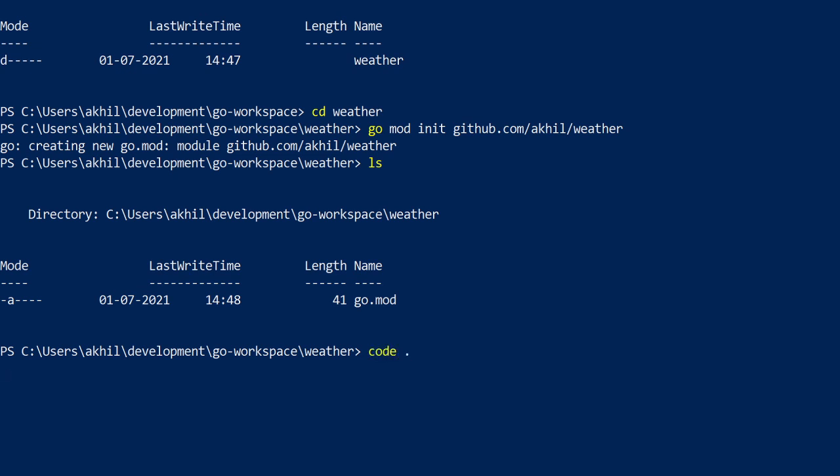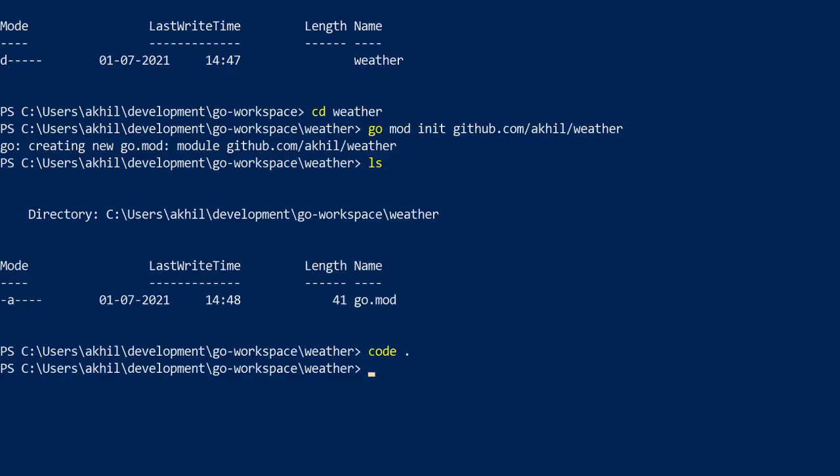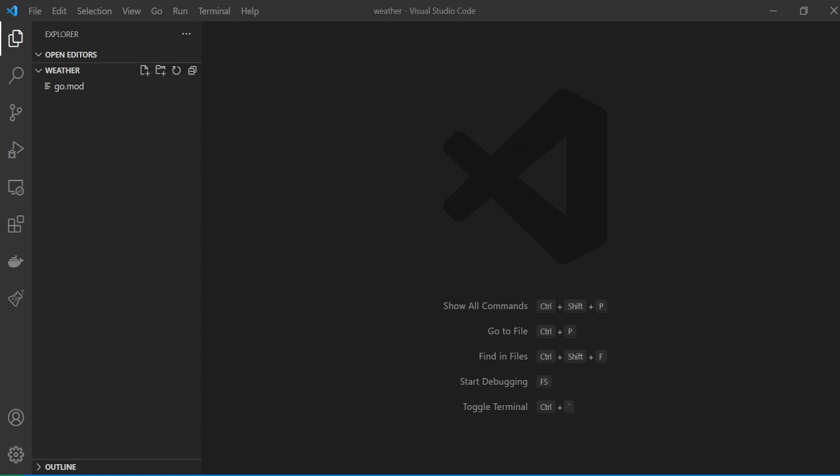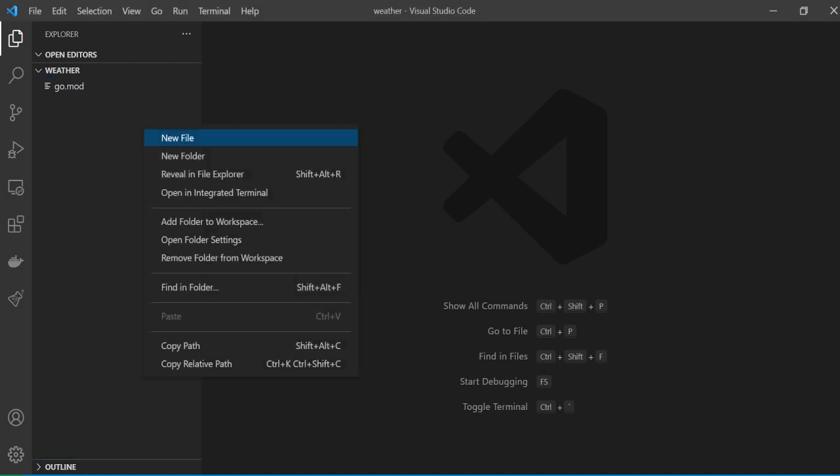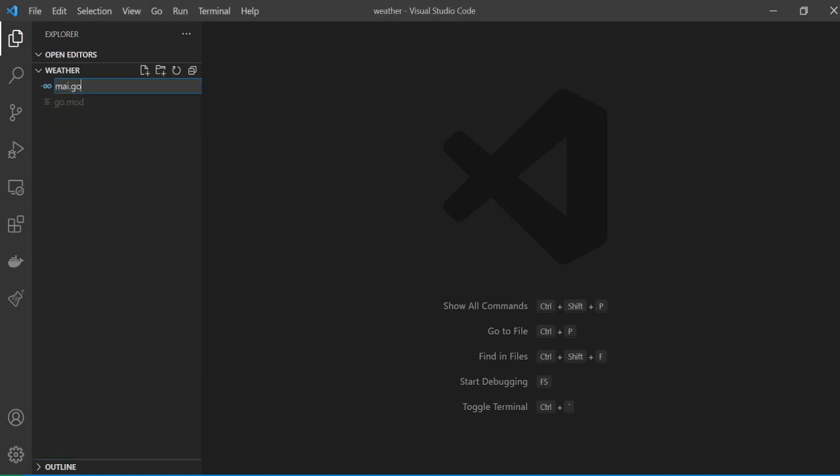I'll go ahead and open up my VS Code. Now you could be using any other code editor, it's not a problem, but I'll be using VS Code in this project. Give me a while, because it takes some time for OBS to actually detect VS Code. Yeah, I think you can see VS Code on my screen now. So now we'll go ahead and create the main.go file,